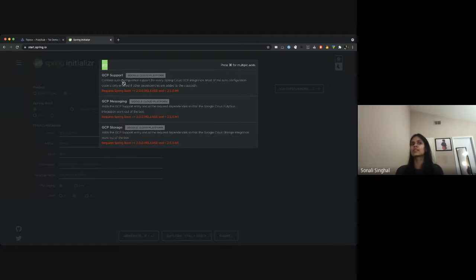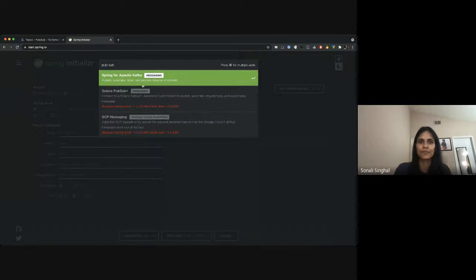What it does is all the dependencies that I select will automatically be added to either your Maven or Gradle file, either your pom.xml or Gradle, depending upon what you choose. So if I want to use GCP storage, I can use this, but then it says it requires a Spring Boot version greater. So we can select those, and if I say pubsub,